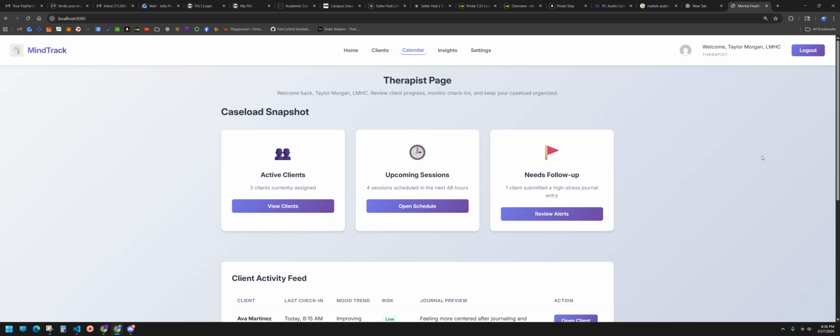If anything, I might try to work on that later in the project, once I finish what I'm currently working on, because it'd be interesting to do a private versus public toggle feature with the journals. Private and public in terms of the therapist, because it's not an open website.